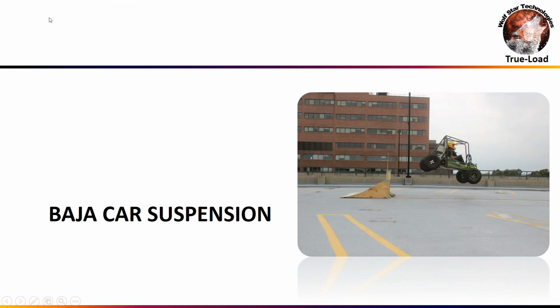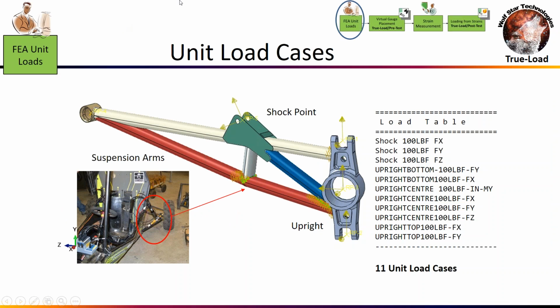All right, I've got two more examples here. This one is kind of my favorite one these days. This is a Baja Car Suspension. I hire college students from the local university here in Milwaukee, and it just so happens 2 years ago I hired the guy who was in charge of the FEA Baja Car project at the university. What they wanted to do is use TrueLoad to improve their design. So I basically coached them on this project, and they went ahead and did it. They wanted to improve the suspension arm on their design.